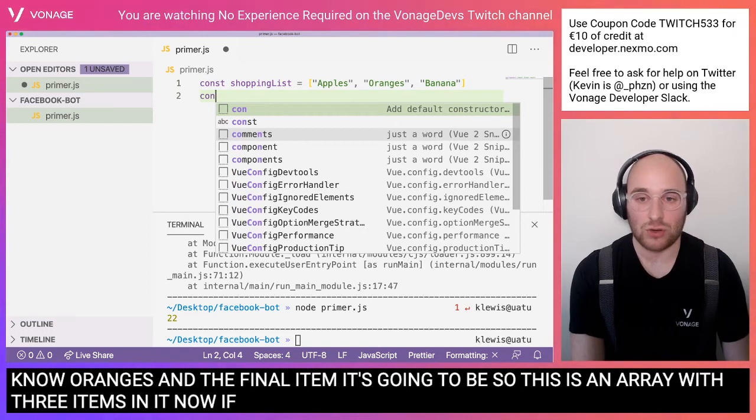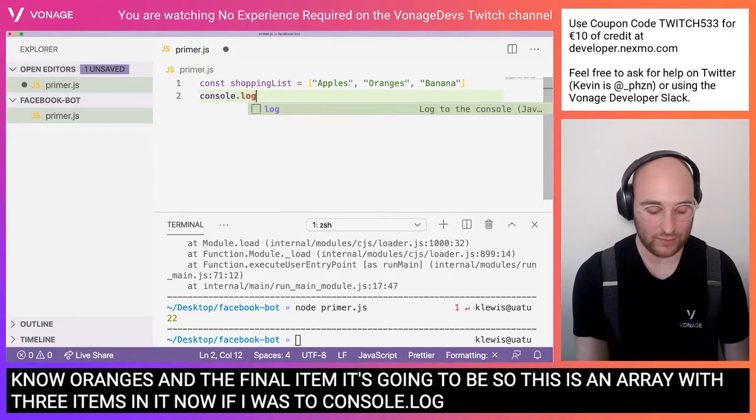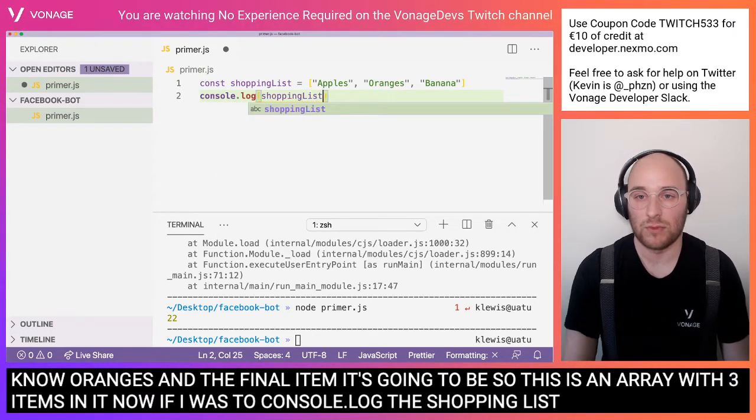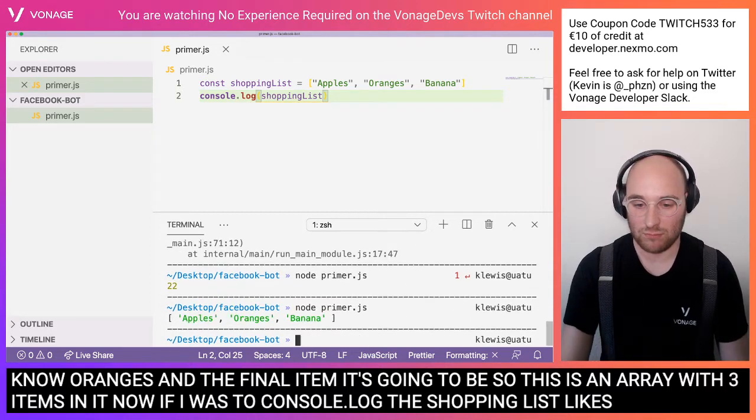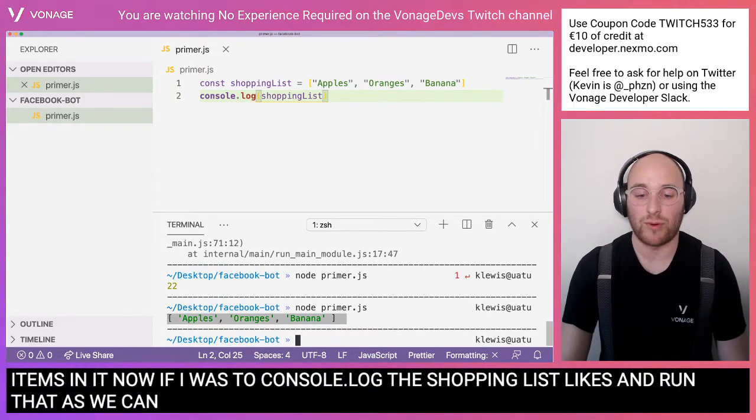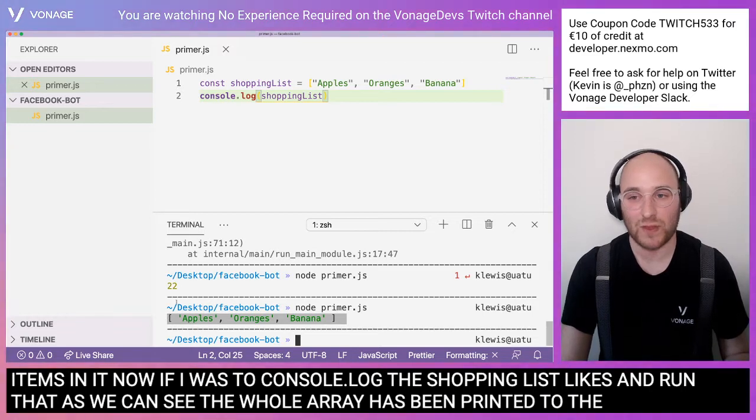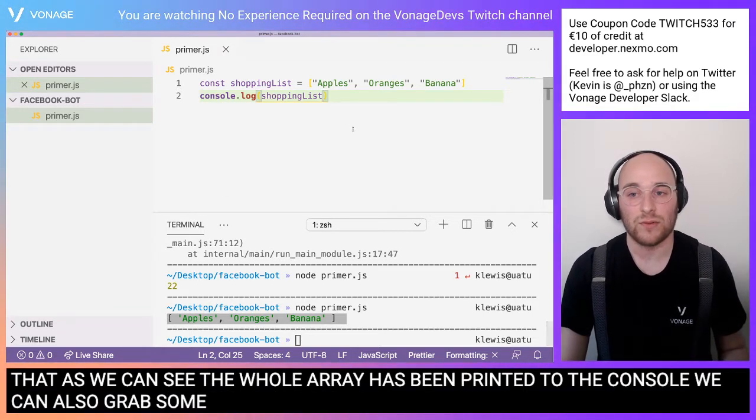Now, if I was to console log the shopping list, like so, and run that, as we can see, the whole array has been printed to the console. We can also grab single items after